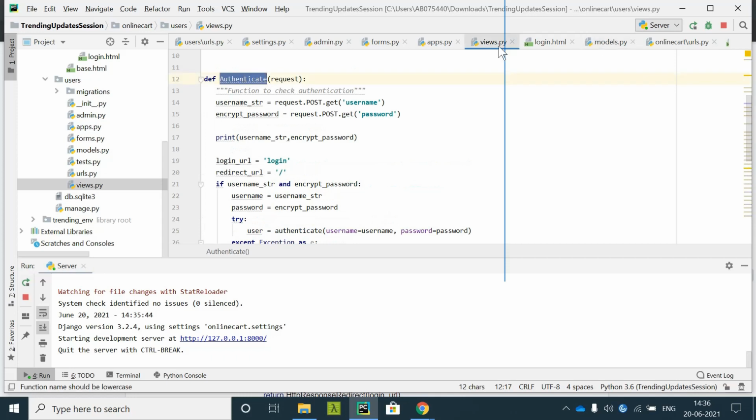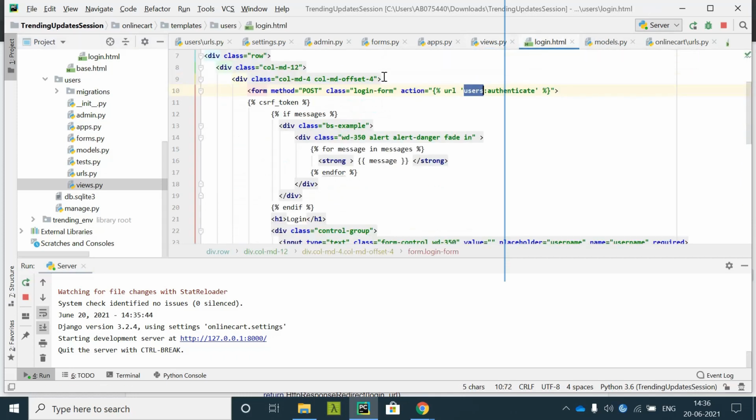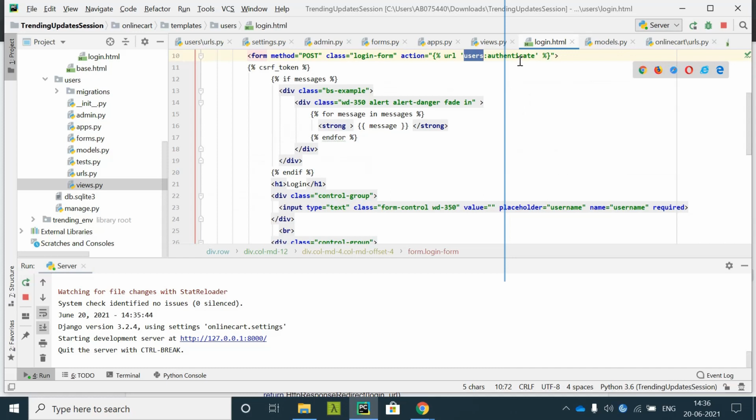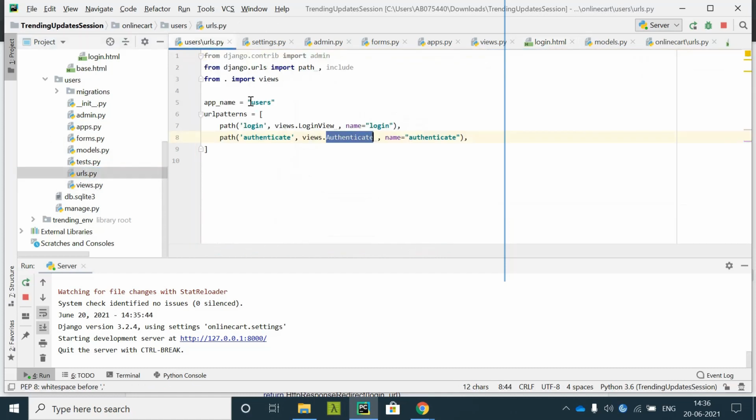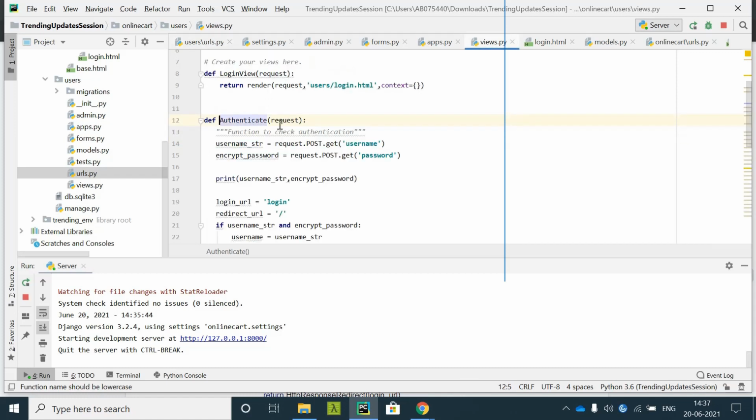Authenticate. Now once the form is submitted, it will go to users authenticate, come to the users URLs and see users authenticate view is present, go to the authenticate.